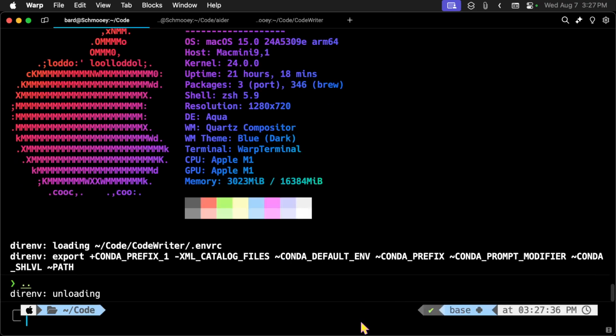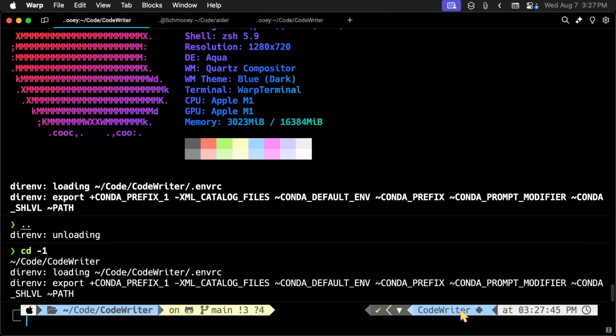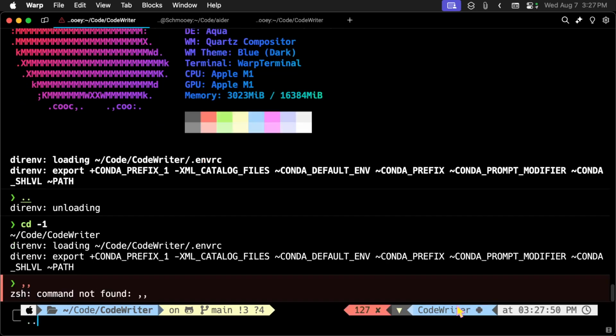Let's move back a directory here. You'll see I'm in my code directory. Now I'm in my base environment. If I cd back into code writer, I get the code writer environment variable. Now I've got